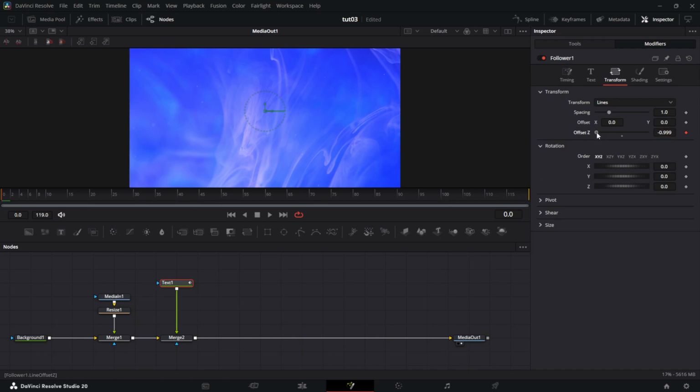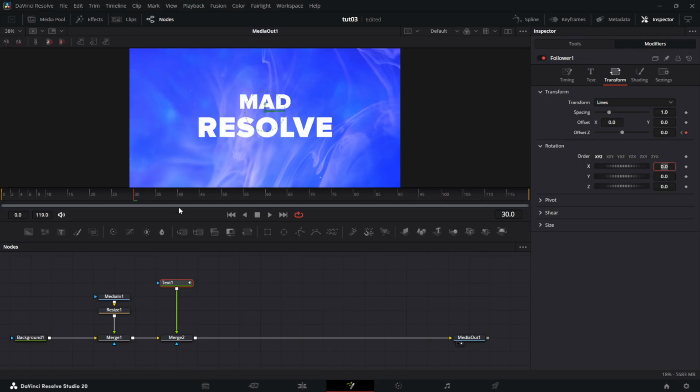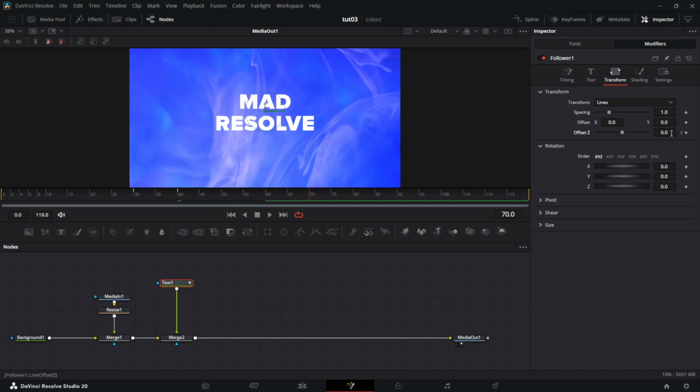So if you see me drag this down, like so, you see it's like that. So I'm just going to set this back to -0.999, enter, then 40, let's make it 30 instead. So from frame 30, I want it to be 0. Then from the 10th frame after that, I want it to start zooming out again. So I'm just going to click on here, keyframe this, then I'm going to go 1, 2, 3, 30 frames. I'm going to get it to zoom back out, so